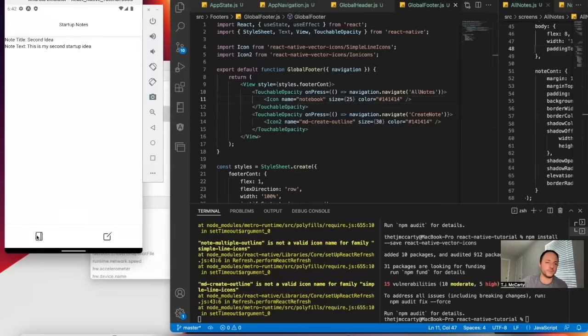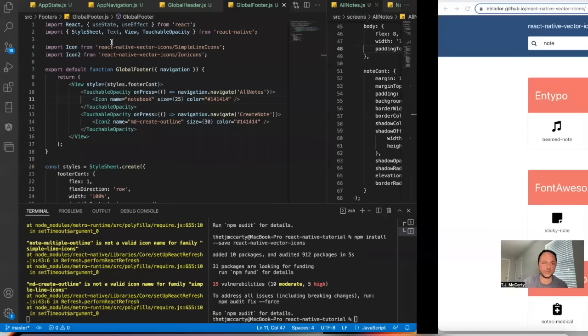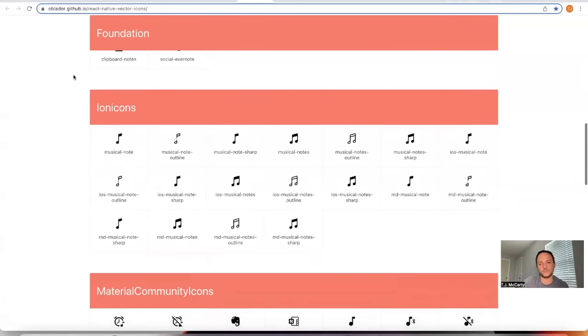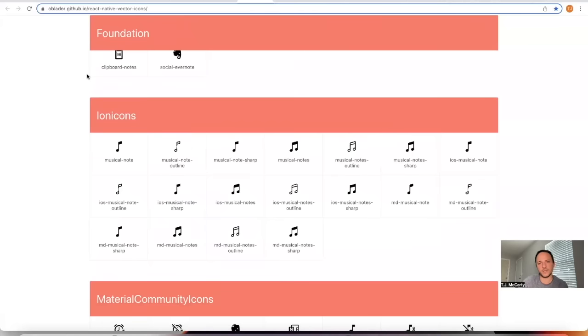Yeah, so we'll stick with that for now. So the last place we might want an icon would maybe be for the startup notes, which actually, yeah, let's just go ahead and do it. Note, see if there's a good icon here for a note. And if not,